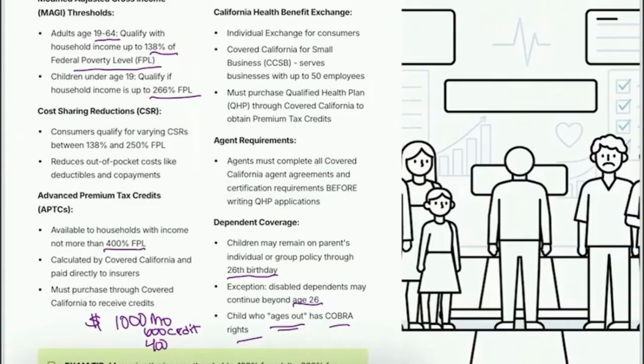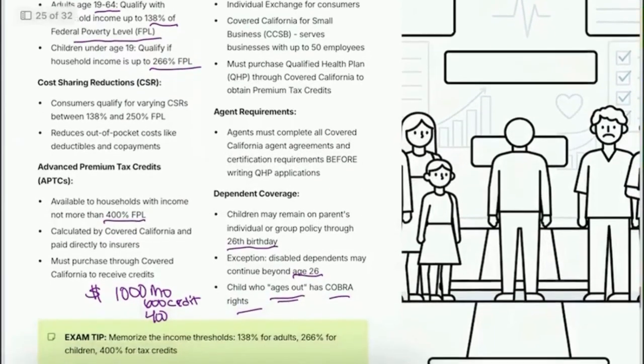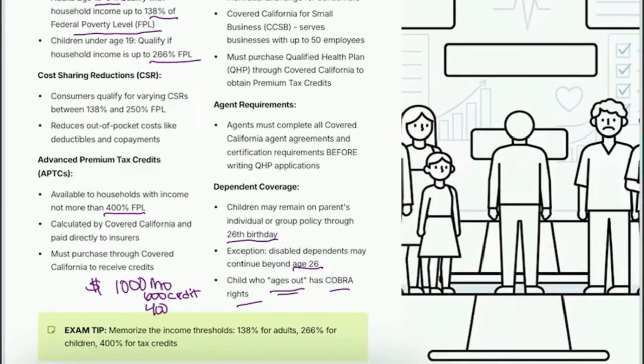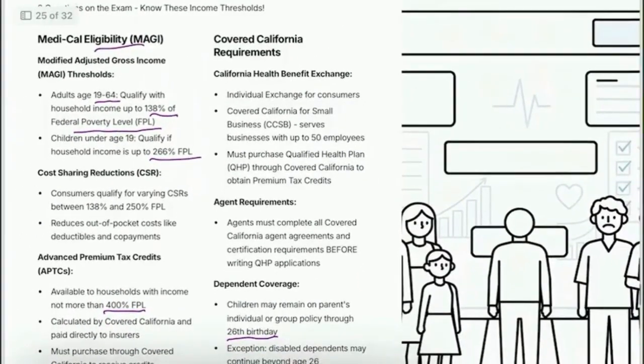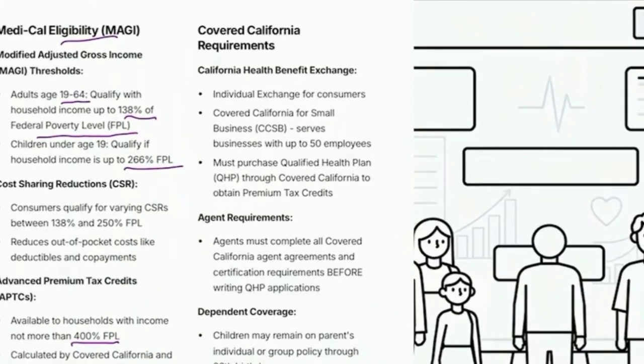Now it is telling you to memorize the income thresholds. However, that is rarely tested. I'm not going to say that it's not going to be on your exam, so don't come for me when they do ask you levels. And again, they may be 2026. We will update the videos if they do. Most likely 1 or 2 questions you're going to get on this. So if this part's stressing you out, don't stress on it. It has rarely been seen that these questions come up, but I'll never say never, right?